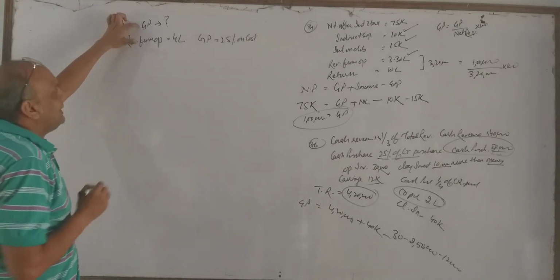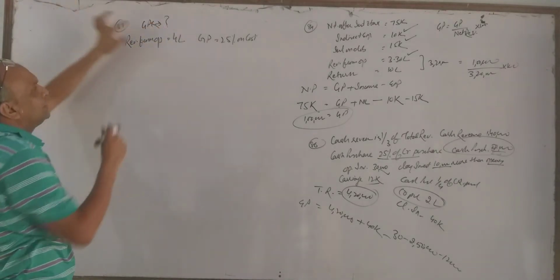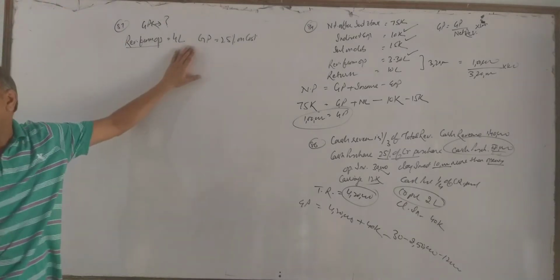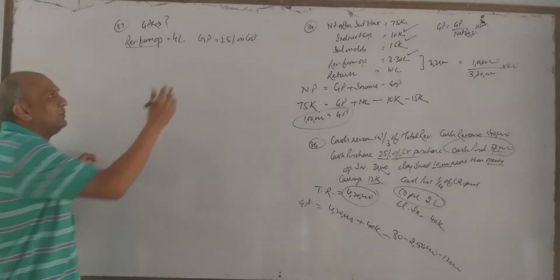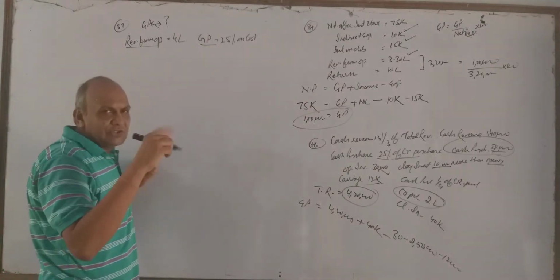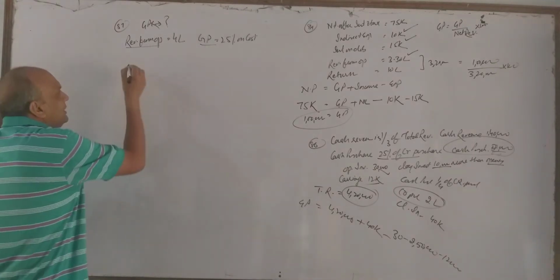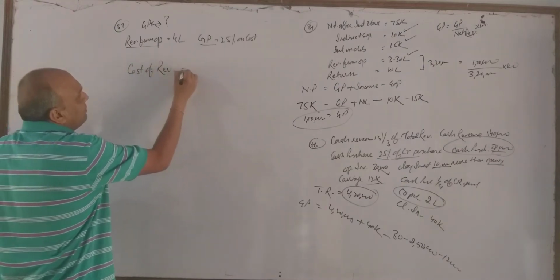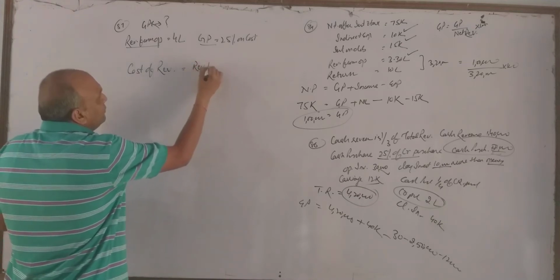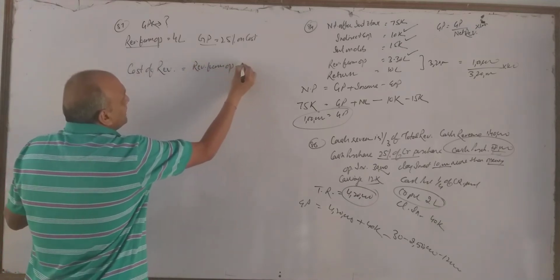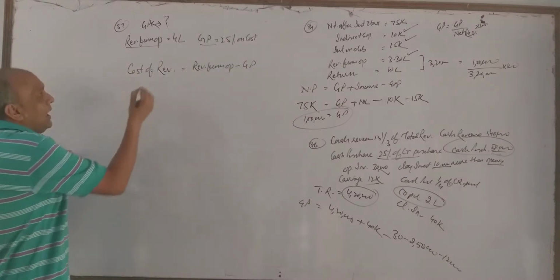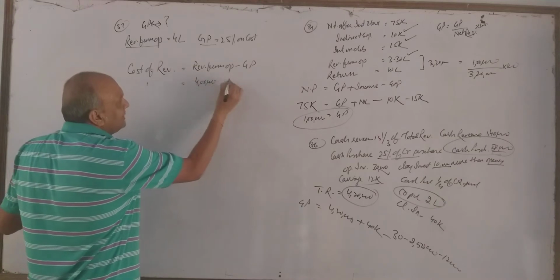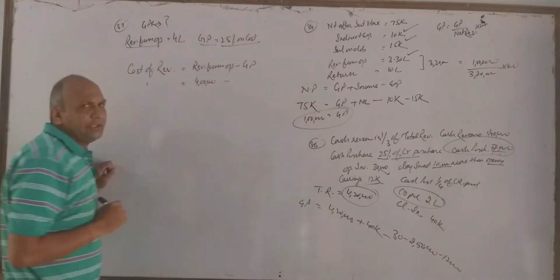Again, in order to calculate gross profit ratio, we need gross profit upon net revenue. Revenue is given to us, but gross profit is not given to us. So how to calculate, sir? Which formula to be applied? Just in my previous sum, I told that this formula can also be applied. Cost of revenue from operation is equal to revenue from operation minus gross profit. How much cost is not given to us. Revenue from operation is 4 lakh. And what is GP? 25% on cost.